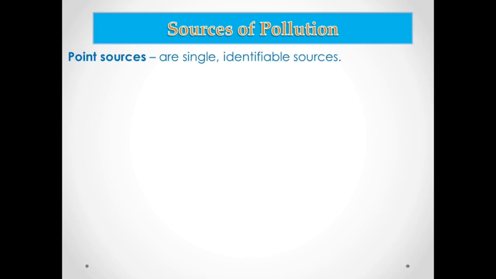So for example, the smokestacks of a coal-burning power or industrial plant. Okay, so those smokestacks that are coming from the factories, okay? So we can identify that that factory is the source of that air pollution or that air pollutant, okay? At a local environment, when there are smokestacks coming from factories or a coal-burning power or industrial plant, we can identify that that industrial plant is the source of the air pollution, or that industrial plant is the source of the chemical dumping, okay,